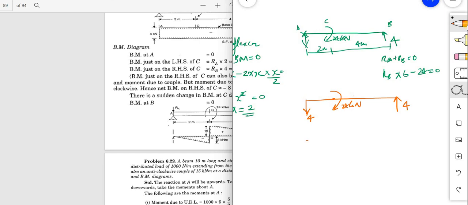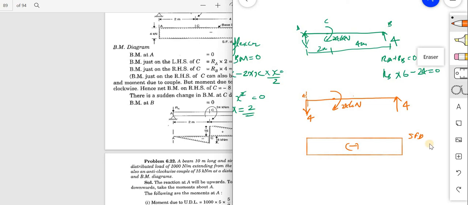Now I am drawing the shear force diagram. To draw the shear force diagram, only consider the forces. There are only 2 forces. Therefore if I am taking a section to this side, and considering the forces to the right, what is the only force? Minus 4. It is to the downward. Again there is no force, therefore it will be constant, and when I am coming here there is a force to the top. So this will be my shear force diagram.